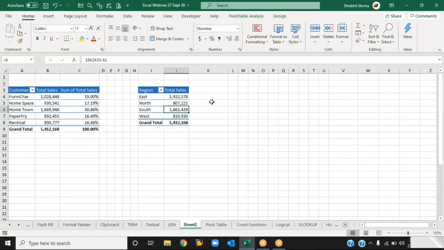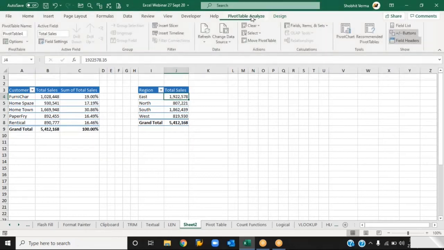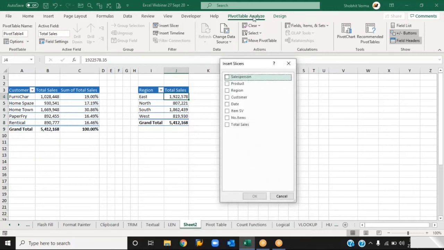Slicer is an option given by Excel. So how can you insert a slicer? Come here and go to Pivot Table Analysis, then Insert Slicer.